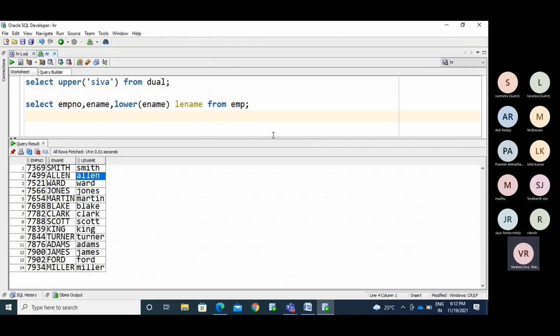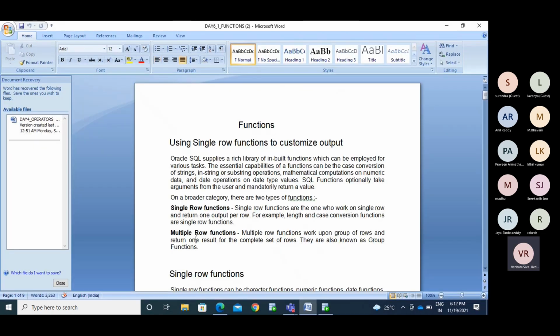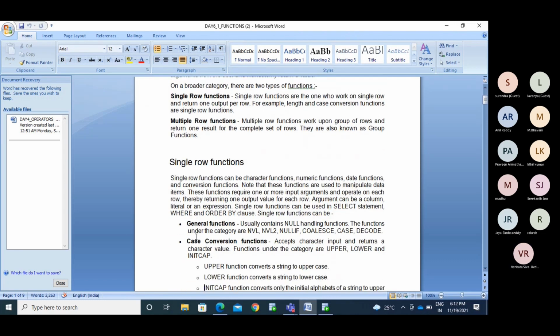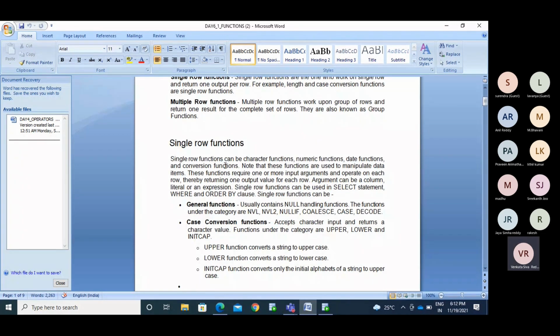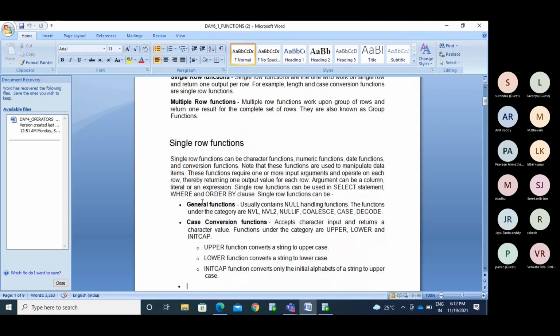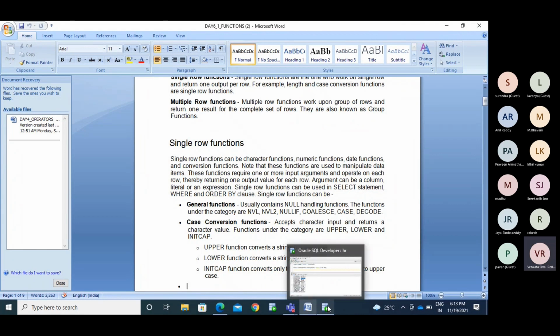So this is the simple definition of functions. What are the different types of functions, in single row and multi-row? Single row functions can be character functions, number functions, and date functions. Character functions work on characters, the alphabetical values, like upper and lower.